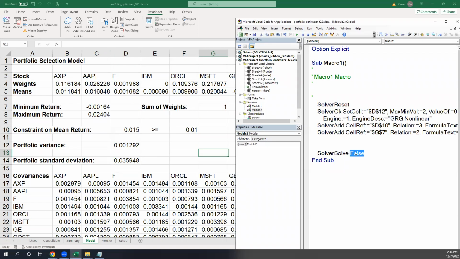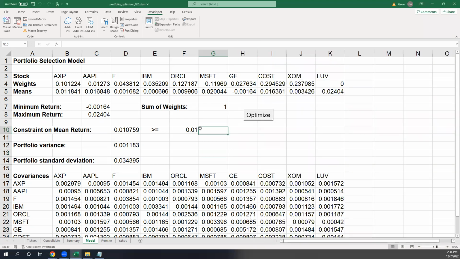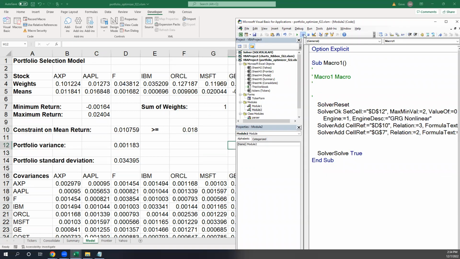So we'll change that to true. And run it again. And then it optimizes it. Change it one more time, 0.18. Run that code, and we can see it change again. Okay, so that's like the basics here,